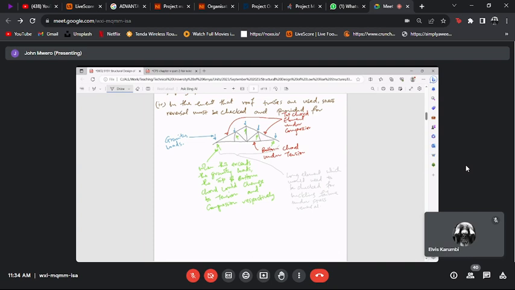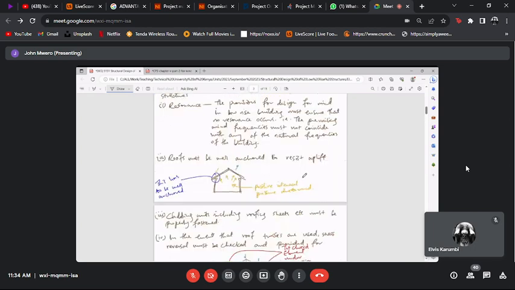So it could buckle. Under stress reversal, this element is being compressed. It could buckle out of plane. Okay. So these four are the main ones that one would need to think about if you were designing